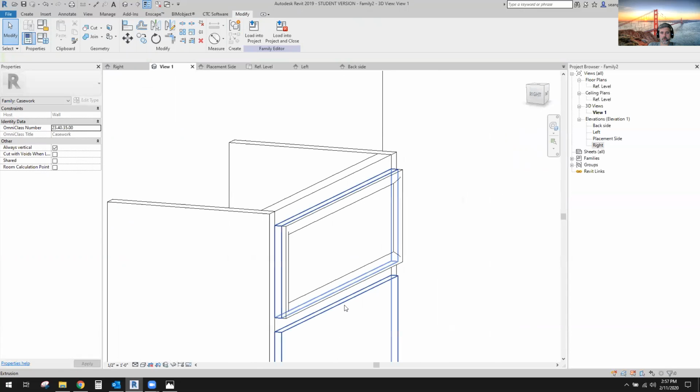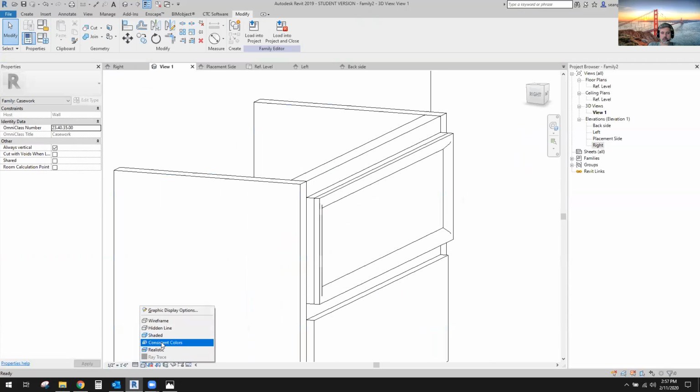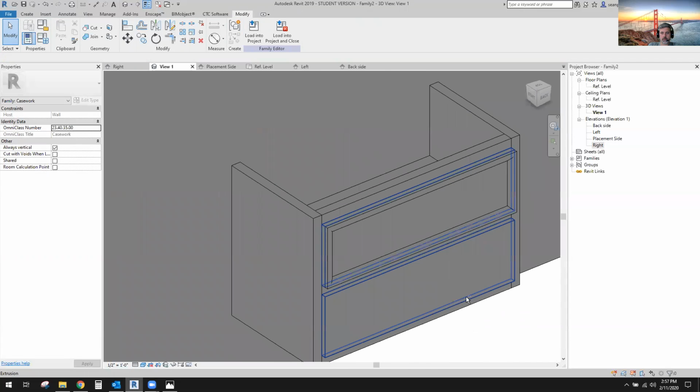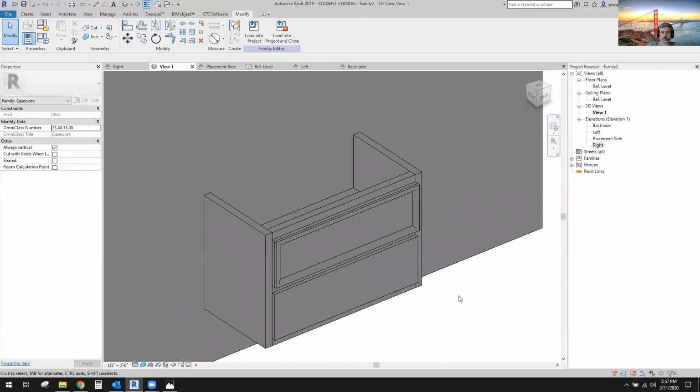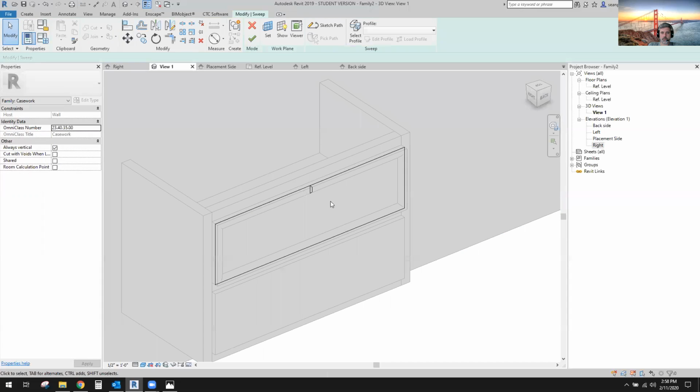If this thing looks decent to you, then that's good to go. If not, then you're going to want to change that up. Now, what I cannot do is just copy paste that over here. I would want to actually make that again. But what I can do is get that same shape. I can say edit the sweep and